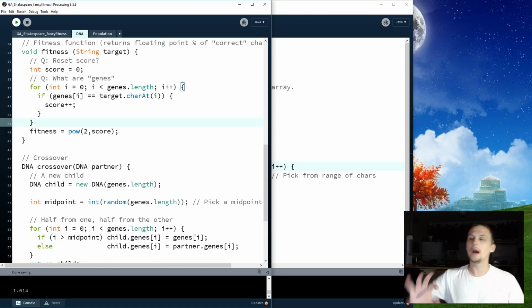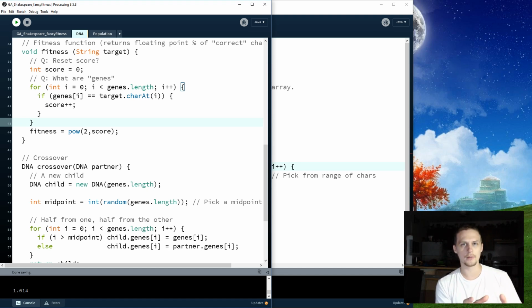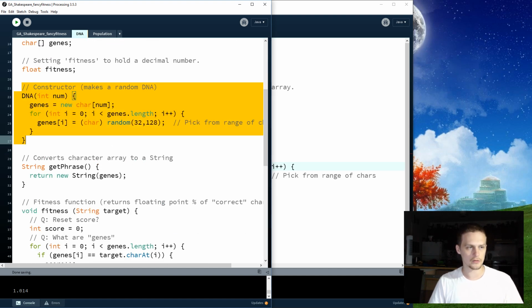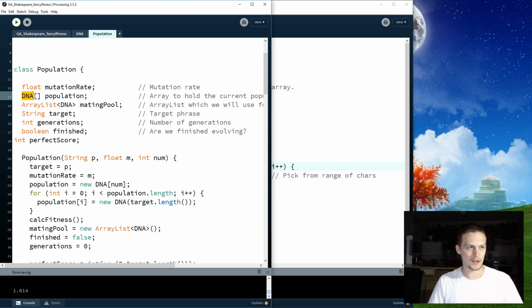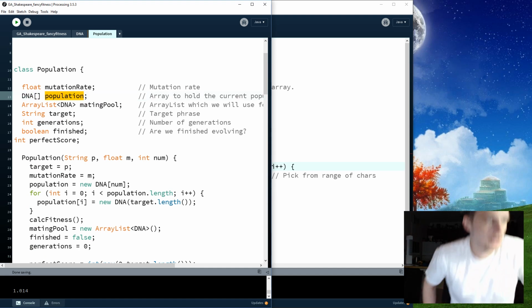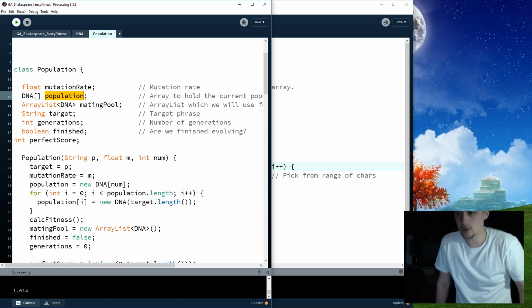So how about this? I continue breaking down what I can within the code rather than being hung up about one particular subject within the code. It doesn't mean that I'm not going to focus on it. What if I can dissect other pieces that might be connected to it? Maybe this fitness POW2 comma score is not relevant at all to the DNA sequence right here, the constructor, because the population is using DNA as an array list. So my question would be,